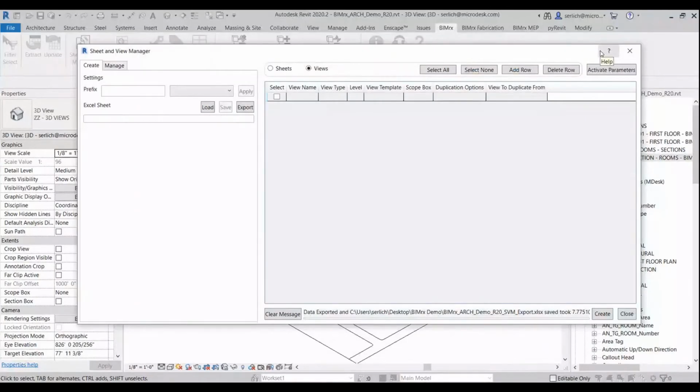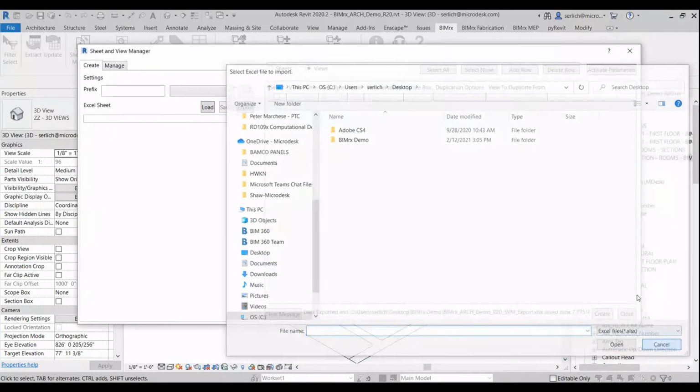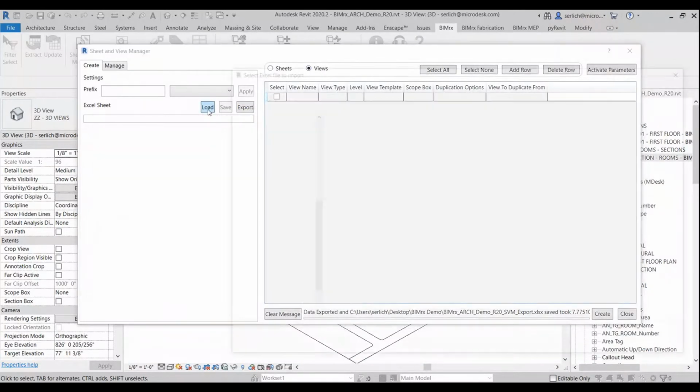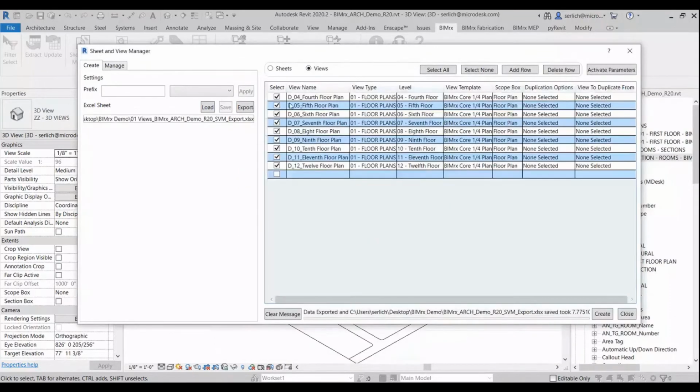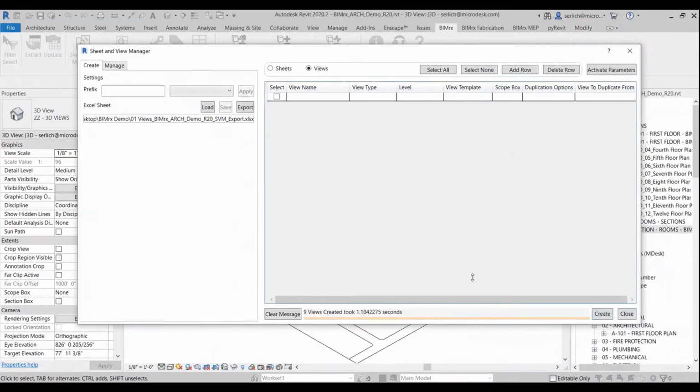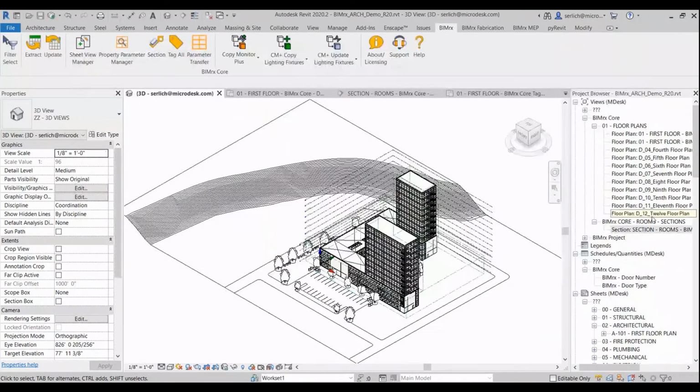I've pre-filled out all the Excel files I need for here, just for the ease of this demo and to show you how easy it is once you have your Excel files filled out to create all the views and sheets in your project. So I'm going to come and load in that first Excel file. And you can see that it's going to fill out all the information for me. I don't have to click anything. I just have to load it in and it's done. Once I hit create, you'll see in a matter of seconds, all of the views in my project were created